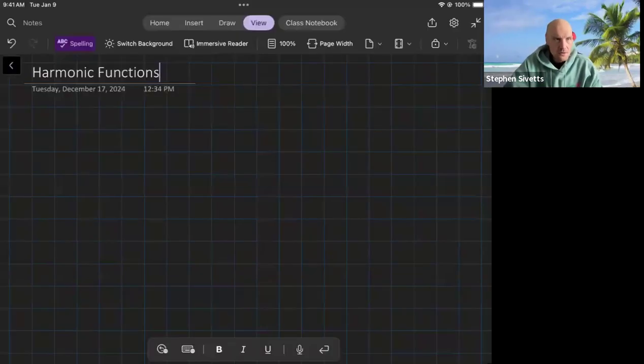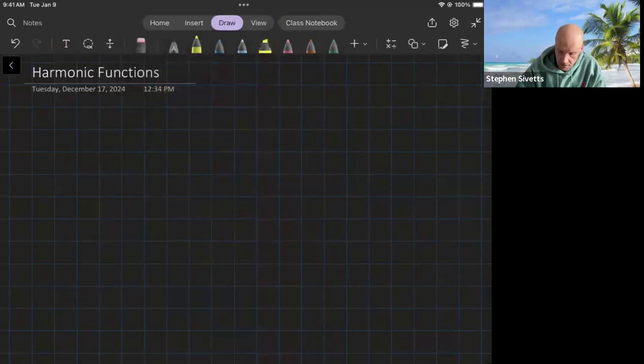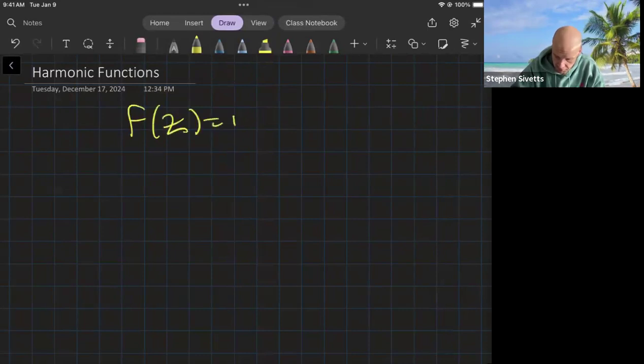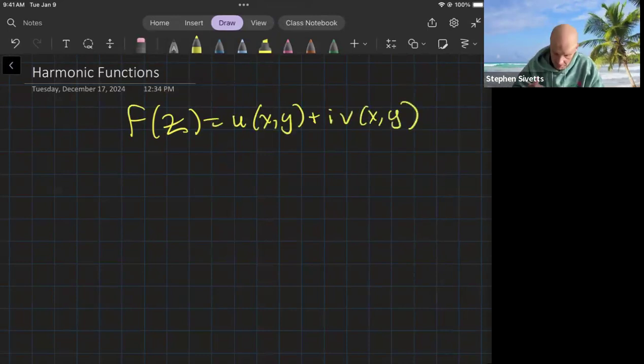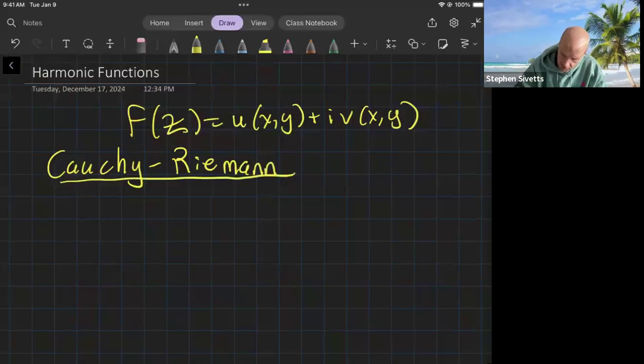All right, welcome back. So in this video, we'll be looking at harmonic functions this time. So this goes back to the Cauchy-Riemann equations. So if we have a complex function, which is split up into real and imaginary components, the Cauchy-Riemann equations say that